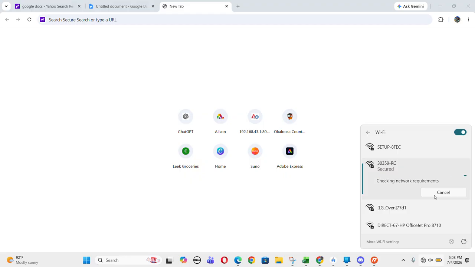So you have to wait for that to connect. While that's connecting, typically, I like to use the web browser only because it's a bigger screen whenever